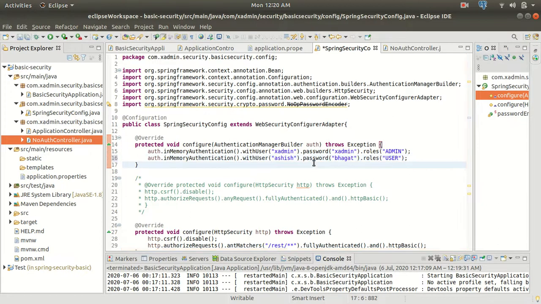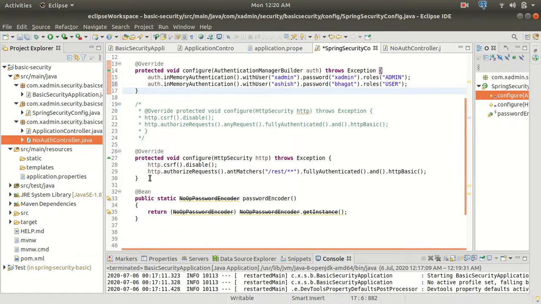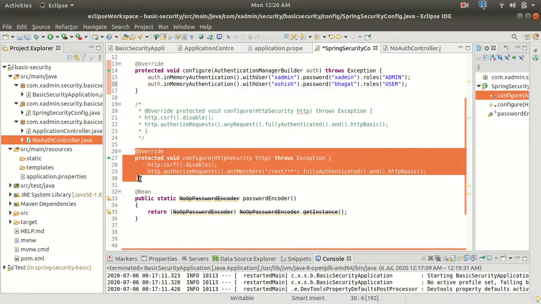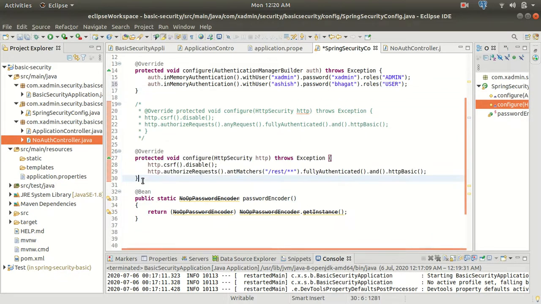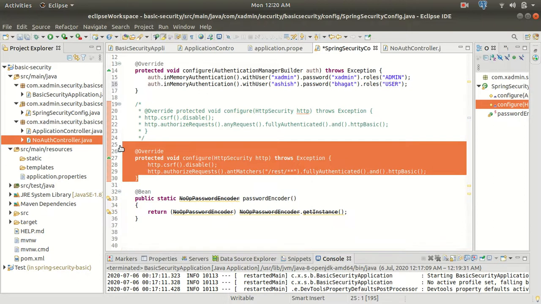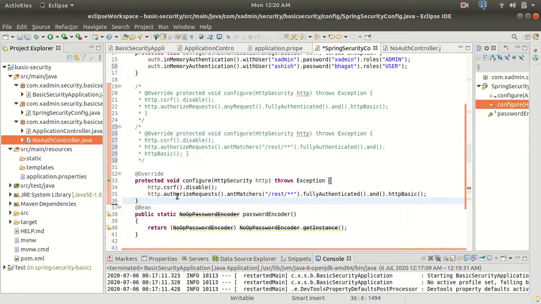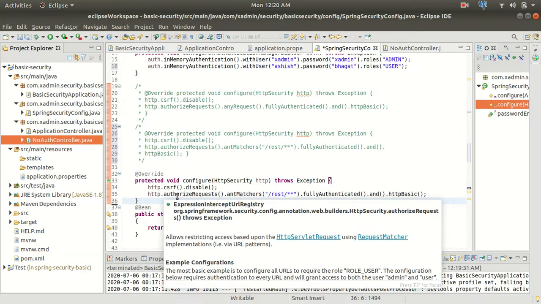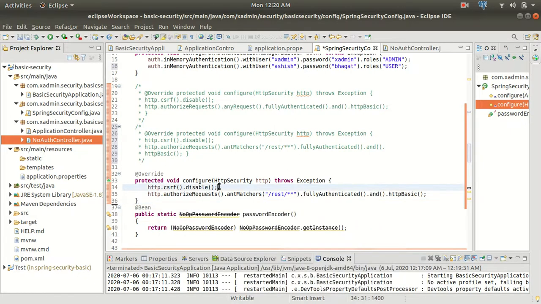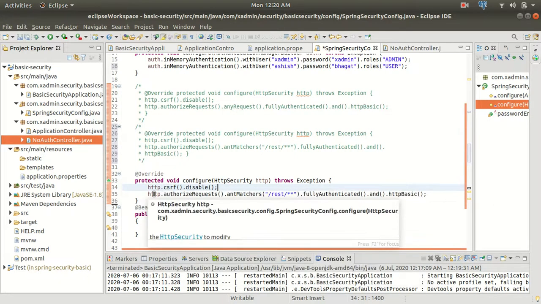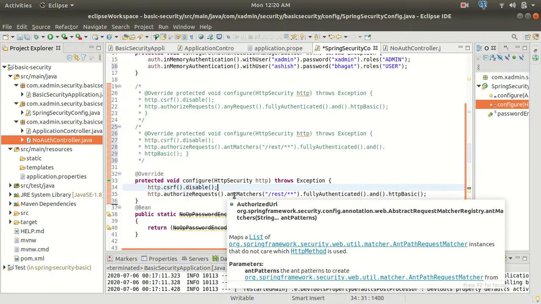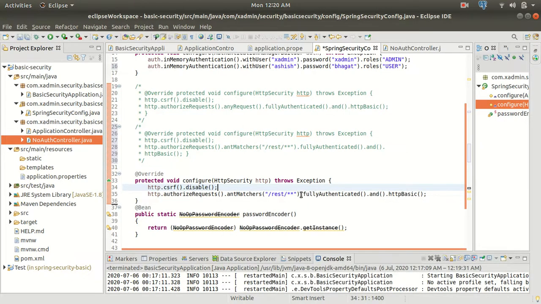All right, so now guys, in the same way I will copy this method so that I can paste it. Now I will comment this method, and now I will paste it here, and I will change the code and show you how we can add Spring Security according to the role base. So guys, for that I have disabled the CSRF, and now here the ant matcher is there. So let's add